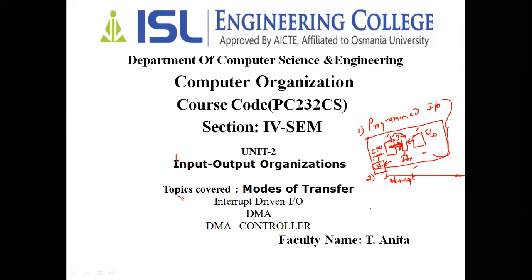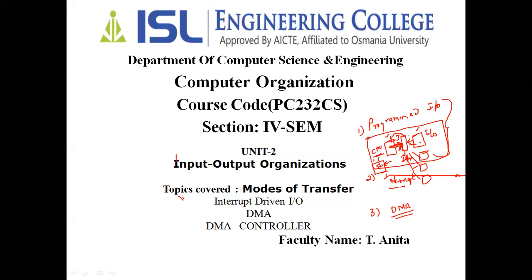So in order to have a bulk amount of data transfer, we have another transfer mechanism called DMA. DMA is nothing but direct memory access. So this is the DMA. Now, when we talk regarding interrupt-driven IO, if one IO device is there, it is okay. But what happens if several IO devices are there simultaneously?